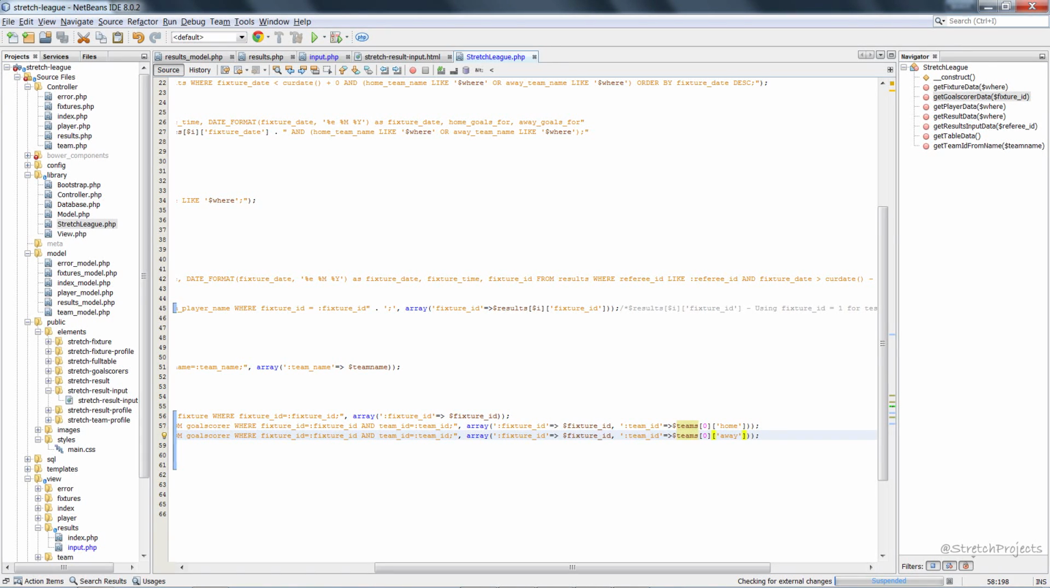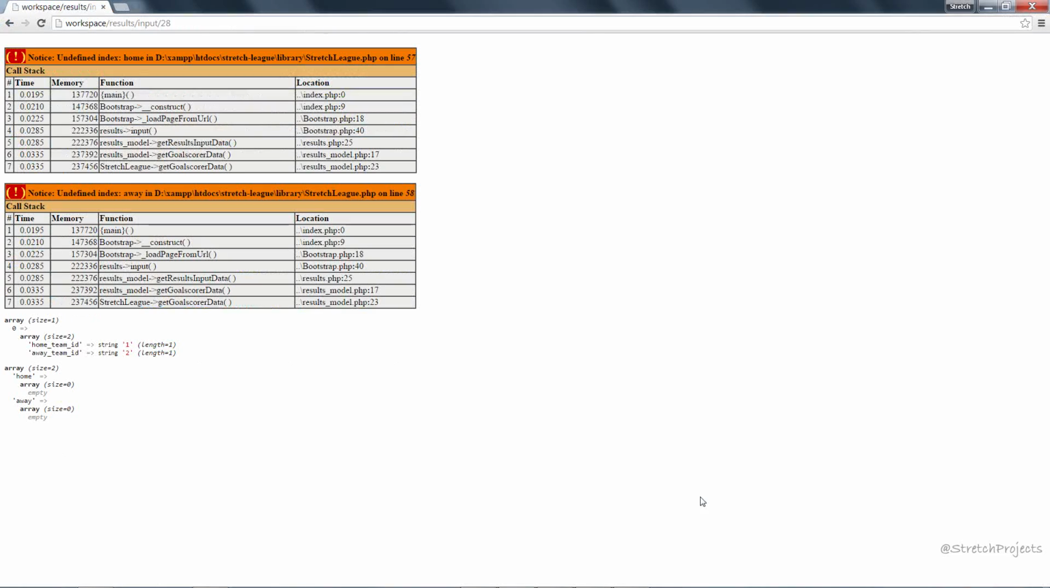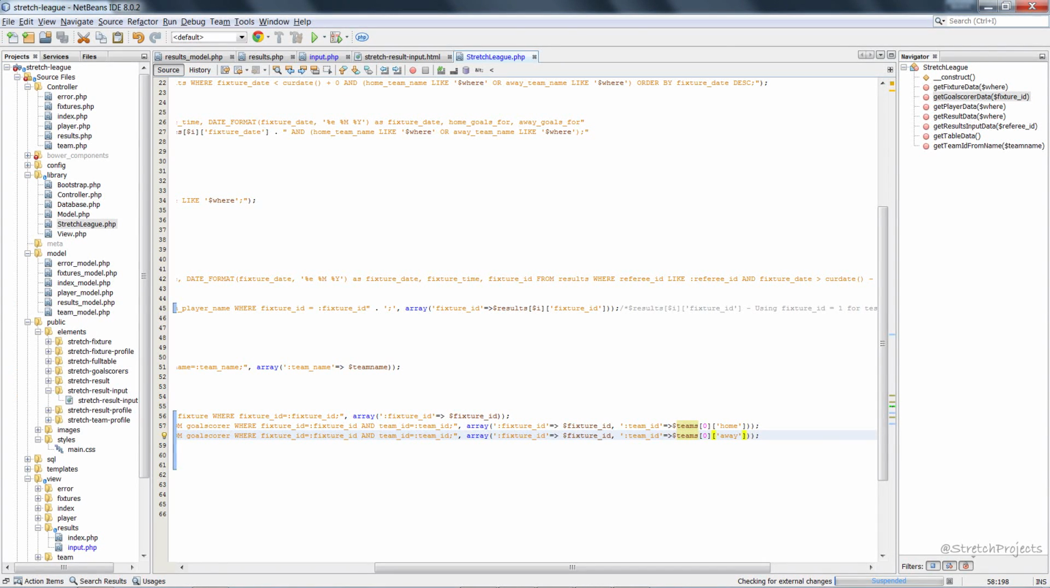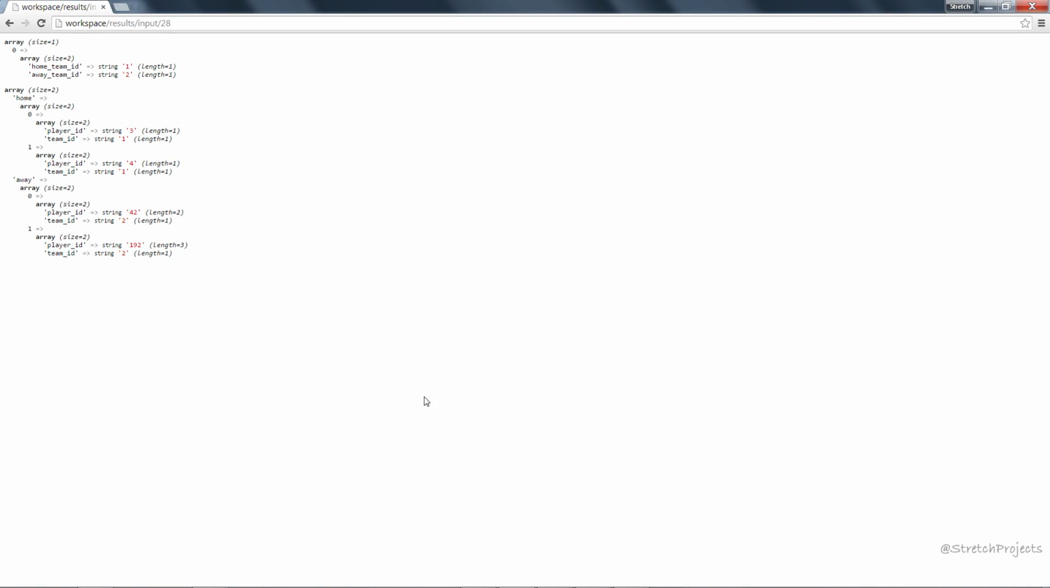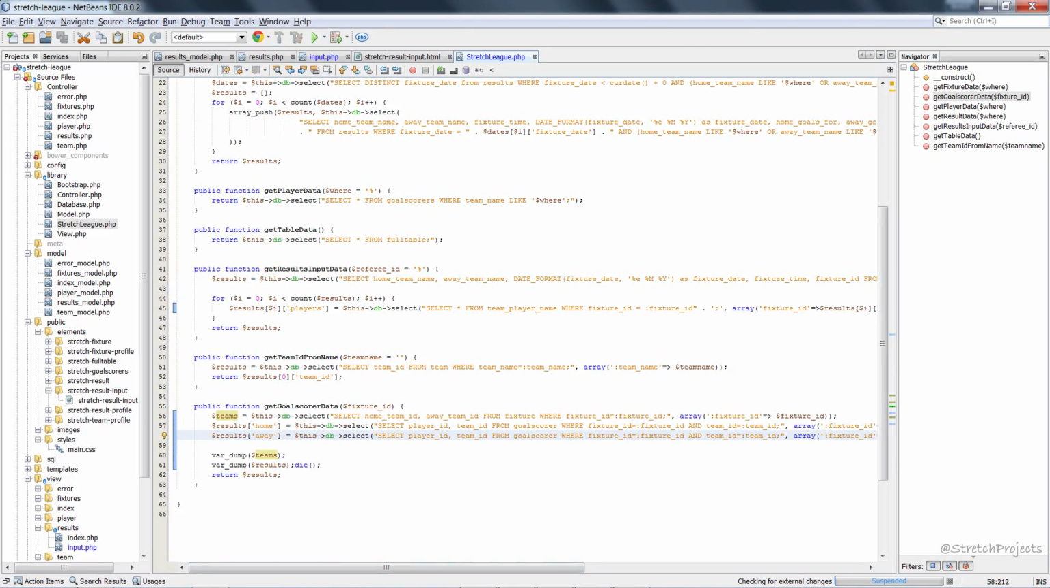Because we're always going to be looking in the first index. And of course we're using home team ID and away team ID, not home and away. And so we can correct that as well. So refreshing again gives us our list separated into home and away, with the relevant scorers being included in each of the two sections. So if we go back and delete these var dumps on the die,